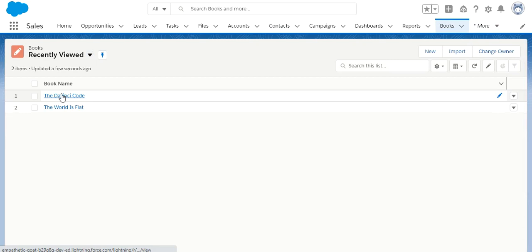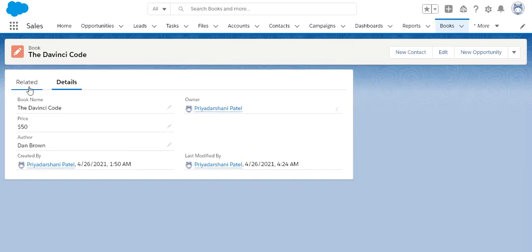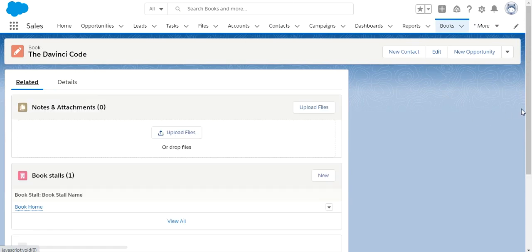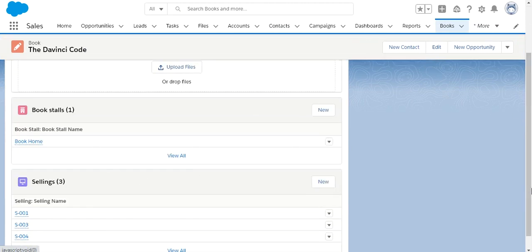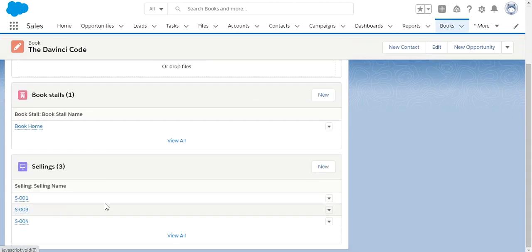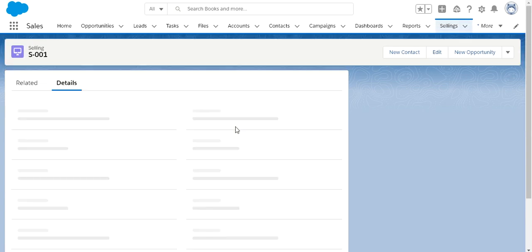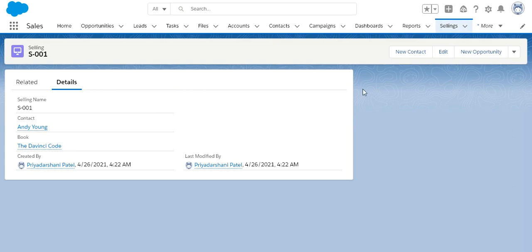So this is the book record, and I open the record and go to related, so we can see the same object, and I have created three records, so we can check the record details. So this is the way we can create a junction object, and how we can build a many to many relationship between two objects using the junction object.